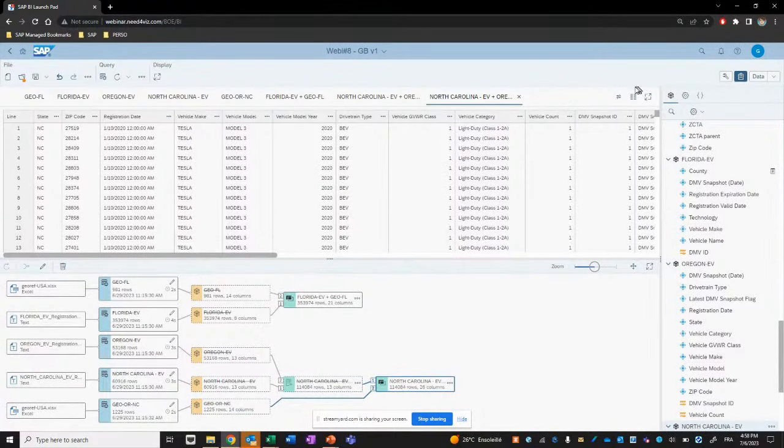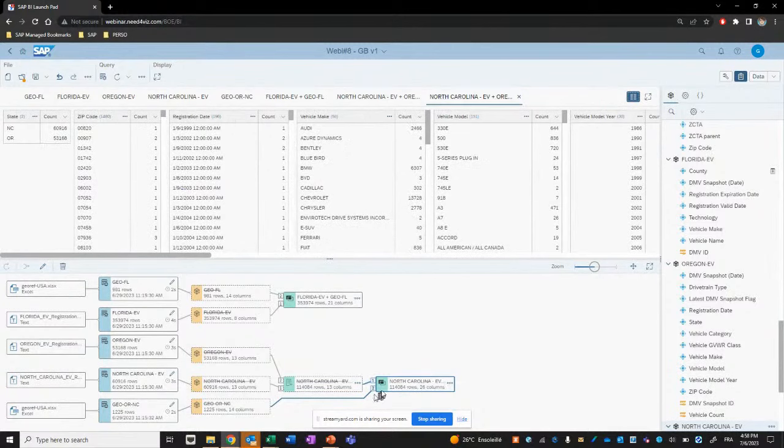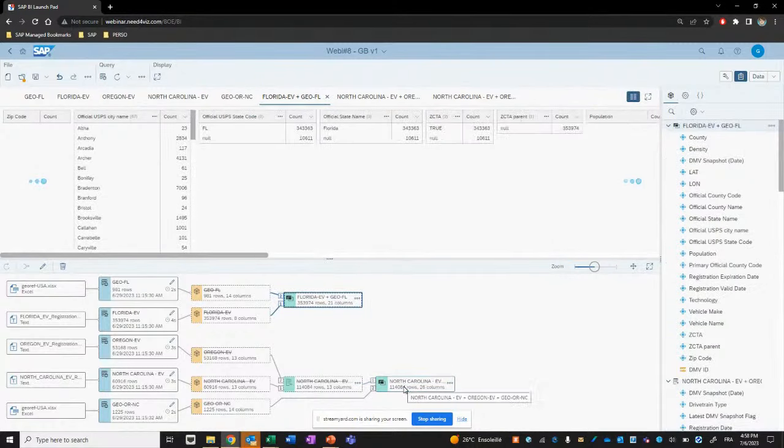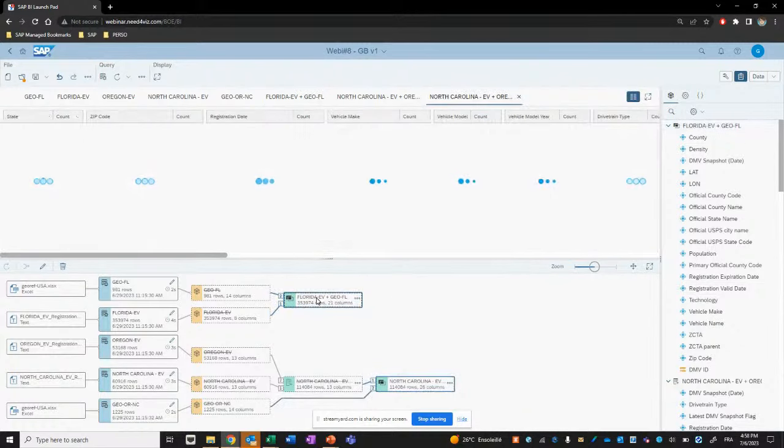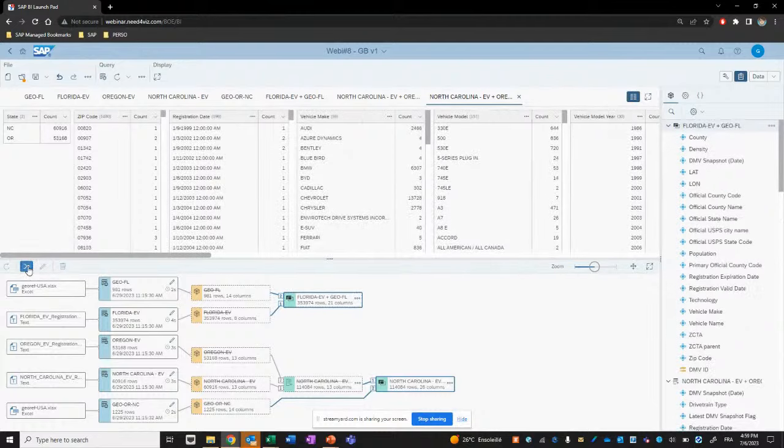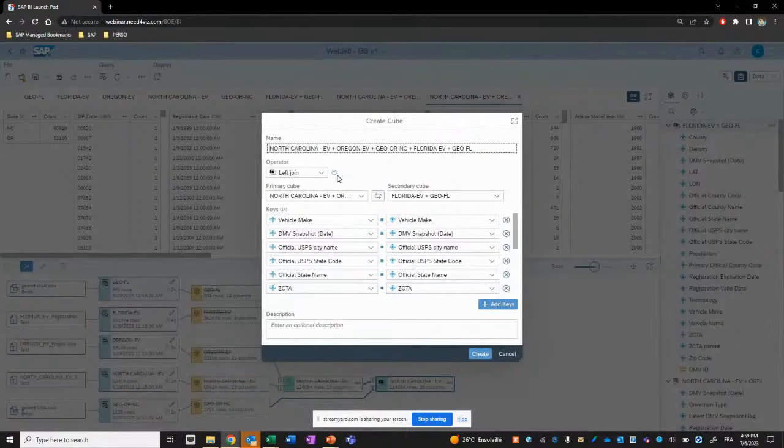Again, I can preview my combined cube in order to make sure everything is fine. Last step, I select the two last virtual cubes. Oh, excuse me, it means that my 20 minutes are over. Last step, I select the two last cubes, and we're going to combine them again in order to have one